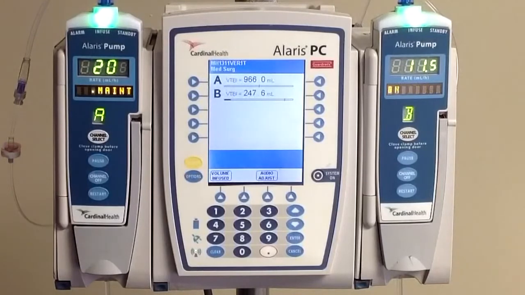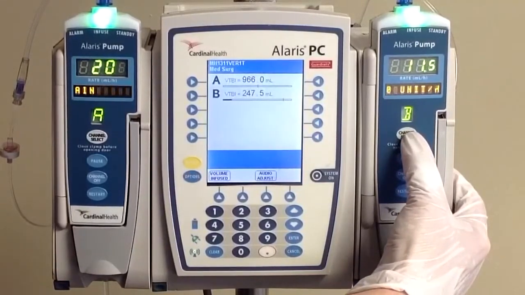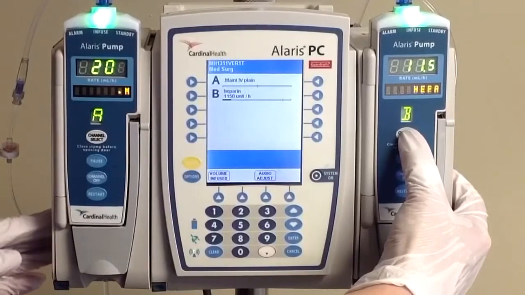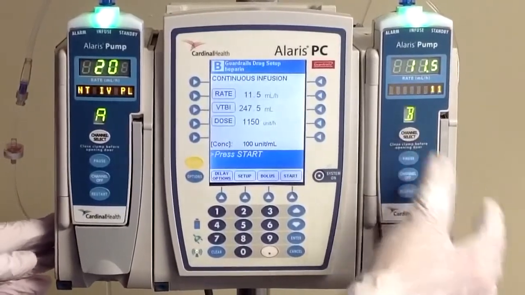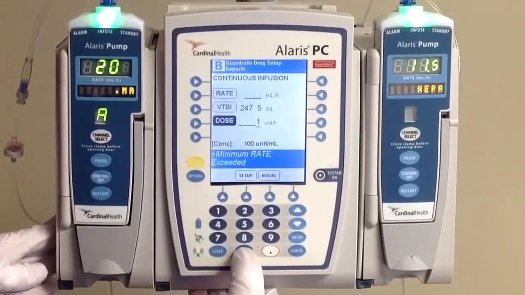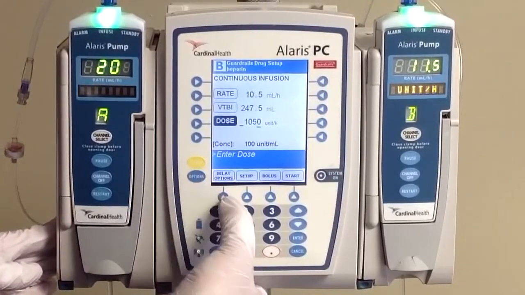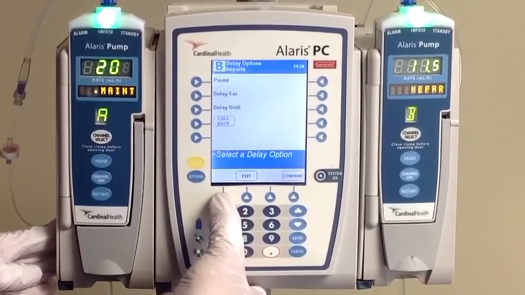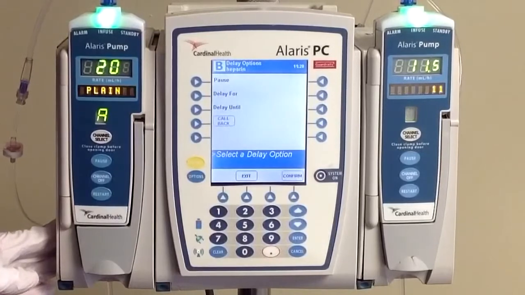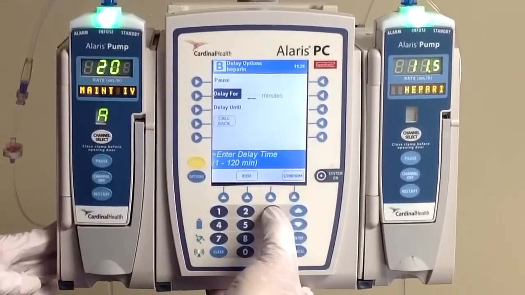and based on our order, that means that we're going to have to change our rate down another 100 units, and we're going to hold our infusion for 30 minutes. So start by doing channel select. You're going to change your dose from 1150 to 1050, which will automatically calculate our rate for us. And now we're going to use the delay options button in order to stop our pump for 30 minutes. So we're going to use the delay for option within here. Go ahead and type in 30 minutes,